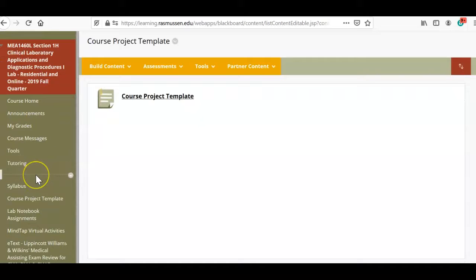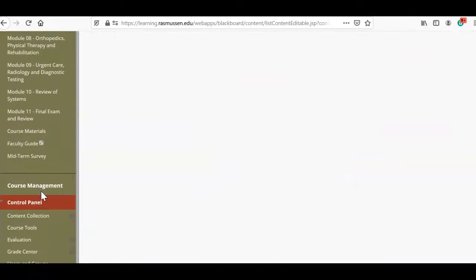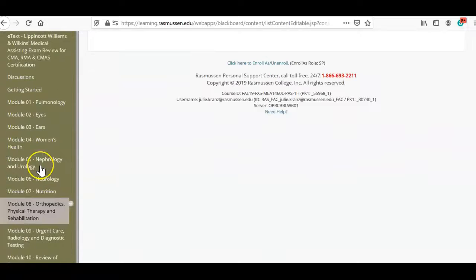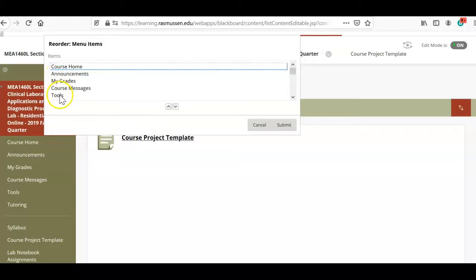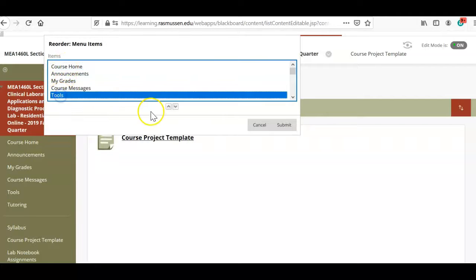Now, what sometimes happens is when you move it into these sections here, like under the syllabus or whatever, it sometimes ends up way down here at the bottom. Okay. Now to change that, you'll see there's this little arrow thing. Okay. And you can actually move these things around. So you just click this, and let's say you wanted that at the top, you just click it to go up. So you go up, up, up, and you hit submit,